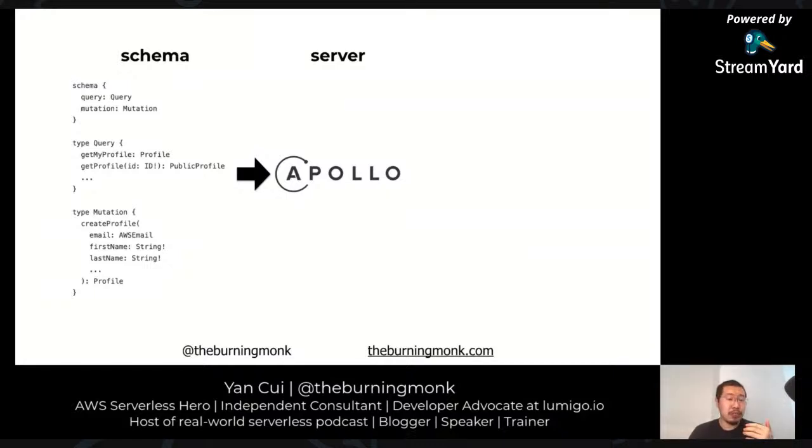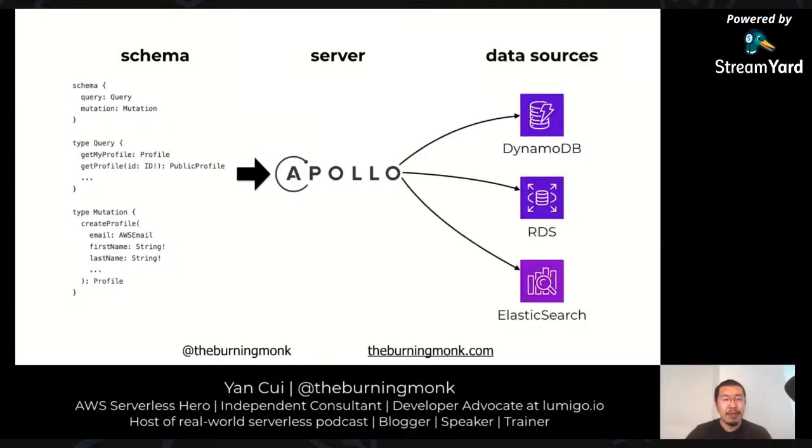And the GraphQL server itself is going to validate the request against the schema, parse it, and then in turn, it's going to fetch data from different data sources and stitch them together in the format the client has asked for. So think of it as your backend for front end, except you don't have to write bespoke endpoints every time the client wants another piece of data or wants it in a slightly different format.